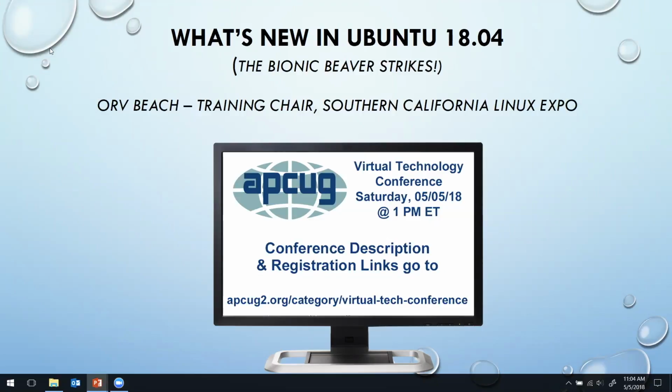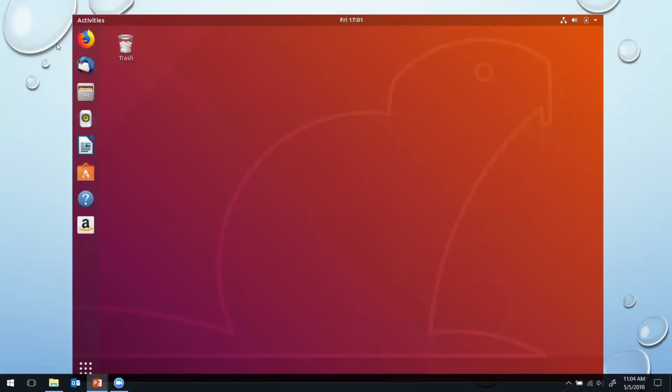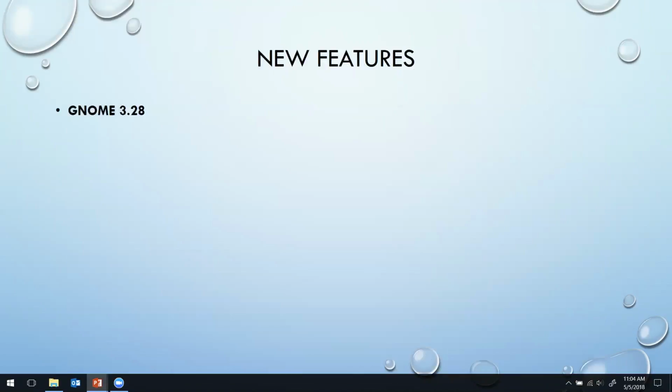So why can I not get my, oh, there we go. So this is the user interface of a stock Ubuntu 18.04. Obviously, it's highly configurable. You can move things around on the desktop, change wallpapers. They're all pretty much like that. So anyway, new features. The